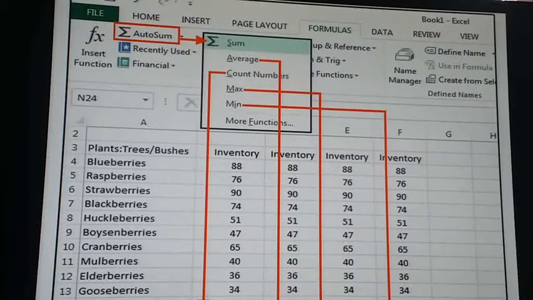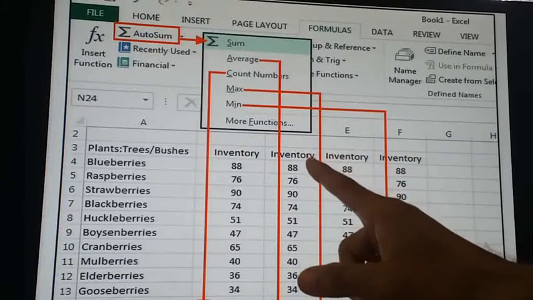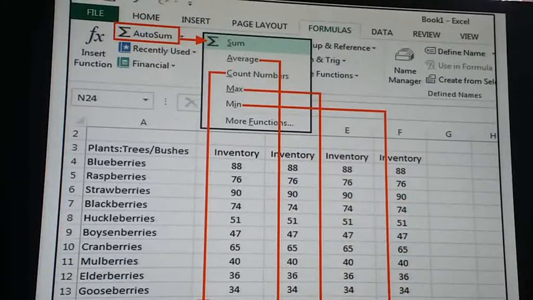And if we want to find the maximum or minimum, equal to max or min, and give the range of the cells, it may be D4 to D13, press enter, and it will display the maximum number, which number is maximum and which number is minimum. And we can make an average also, equal to average within the range of the cells, then press enter, and it will display that average.